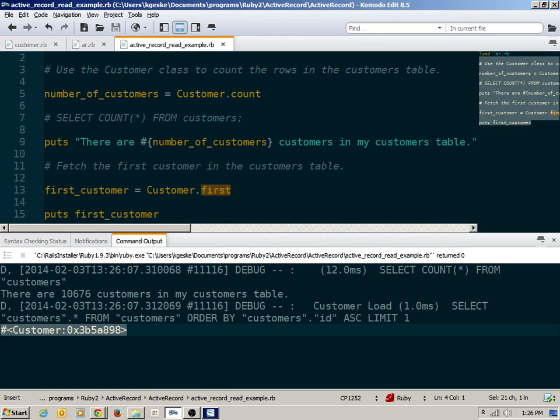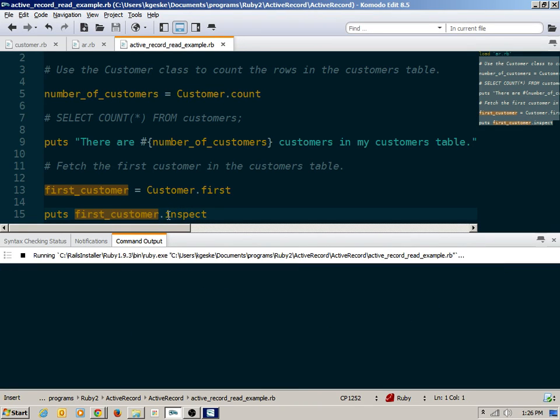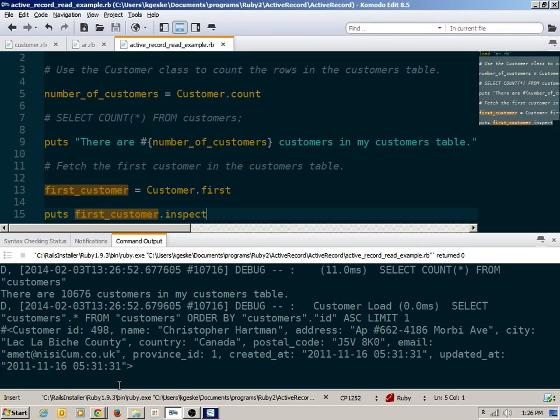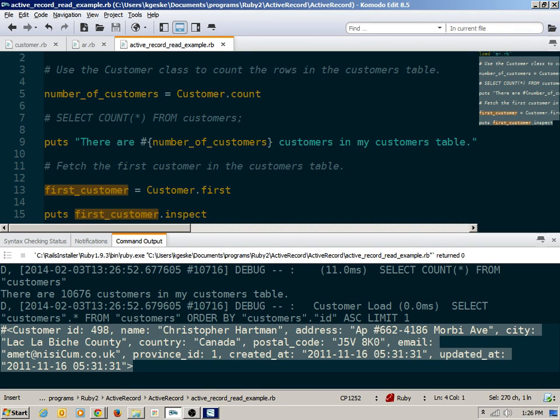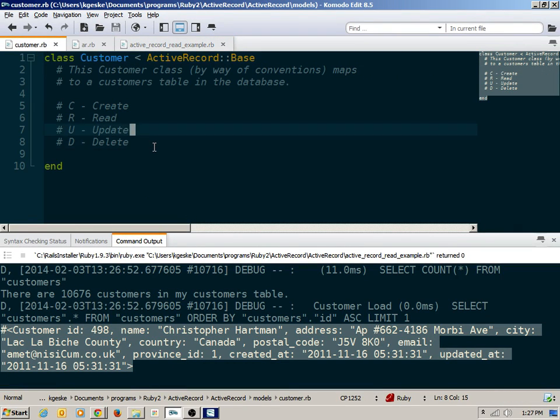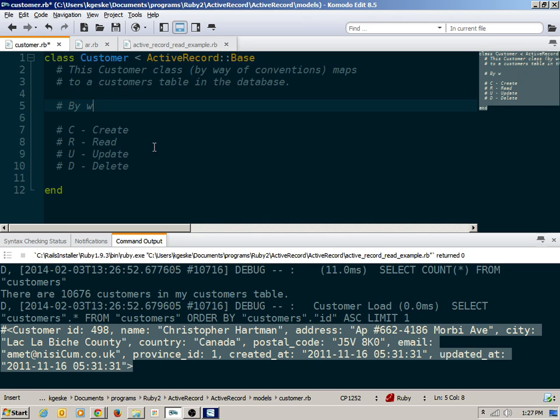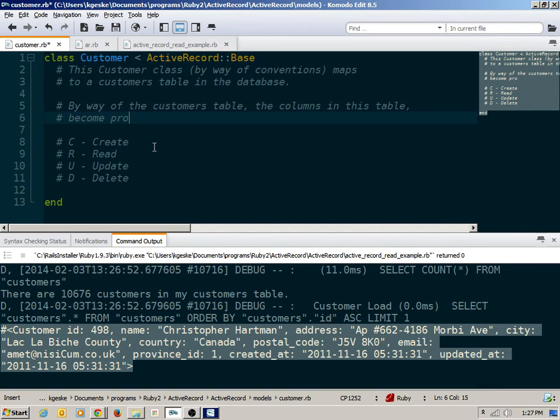If I want to know a bit more about this object, though, this isn't too helpful for me. There's this lovely inspect method that I can call on any object in Ruby, and it's going to let me introspect into the object a little bit and tell me a bit more about it. And this is how a customer looks now. And so what this means is, and I'm going to add a bit more documentation here, by way of the customers table, the columns in this table become properties